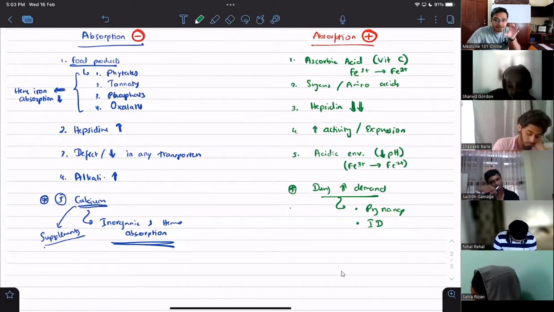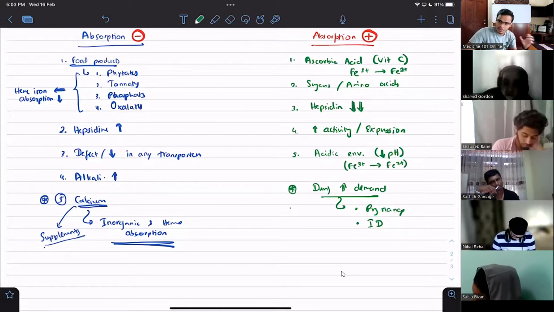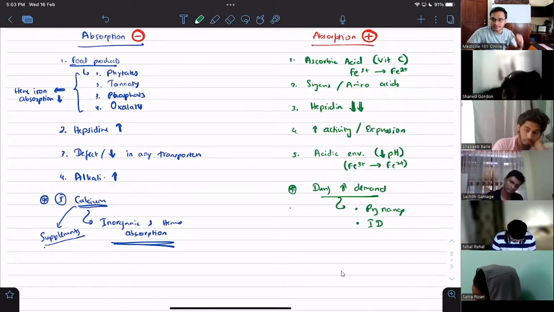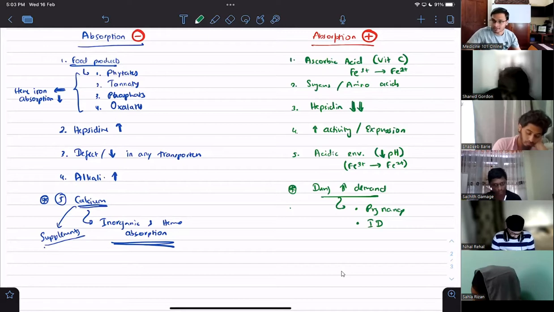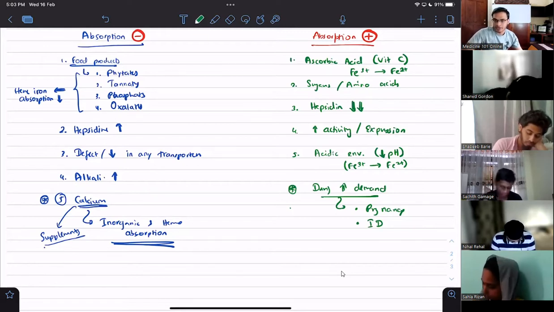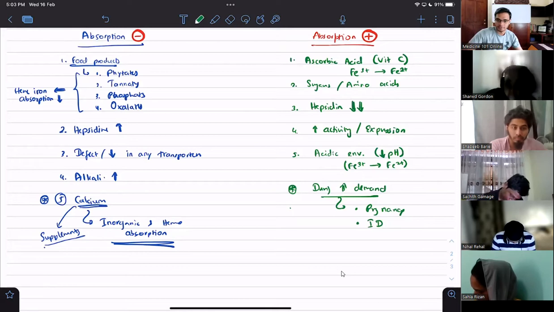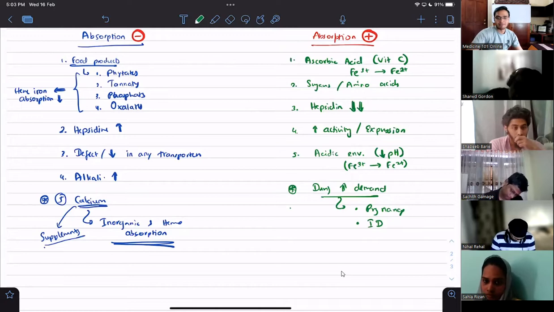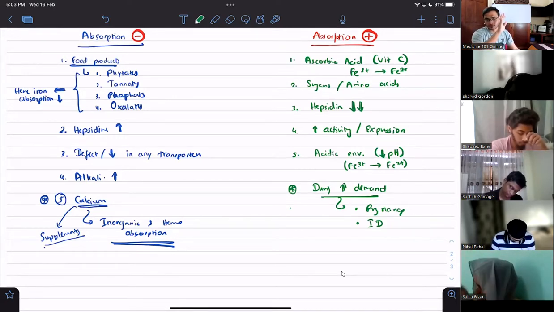There are iron sensors on our duodenal epithelial cells, right? Those will see that the blood has less and less iron, and they will send signals, inhibiting apoferritin, and therefore the storage function will reduce, absorption functions increase. Okay, right? During pregnancy, lactation not as much, but pregnancy is the main one, and during iron deficiency itself. Everyone understood up to this? All good, right? So this is the absorption phase.